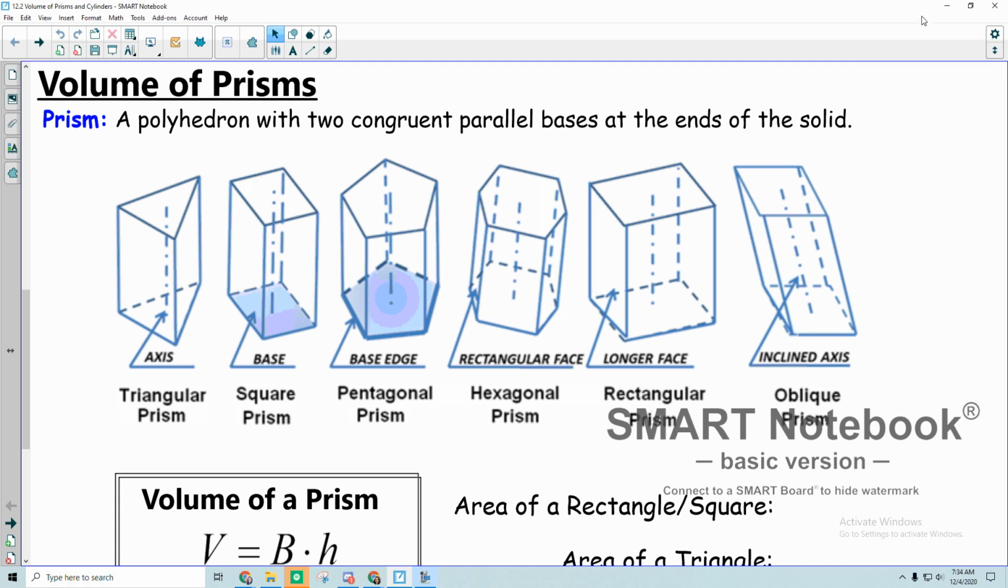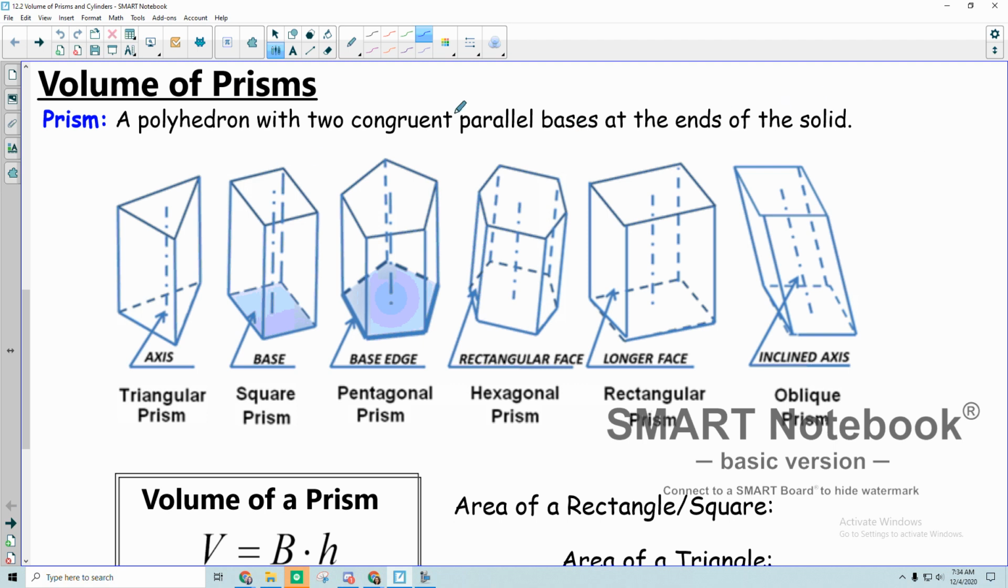In this video, we're going to focus on two things. Number one, what makes something a prism? And then number two, how to find the volume of a cylinder. Okay, so a prism is just some three-dimensional shape, a polyhedron, with two congruent parallel bases at the ends of